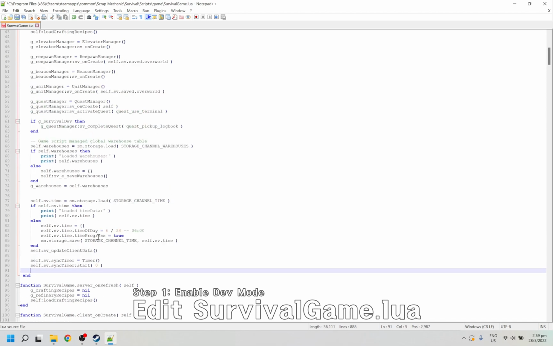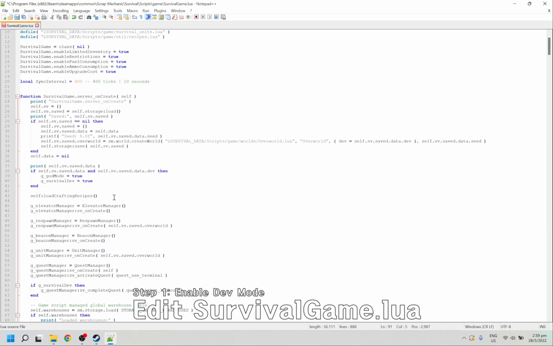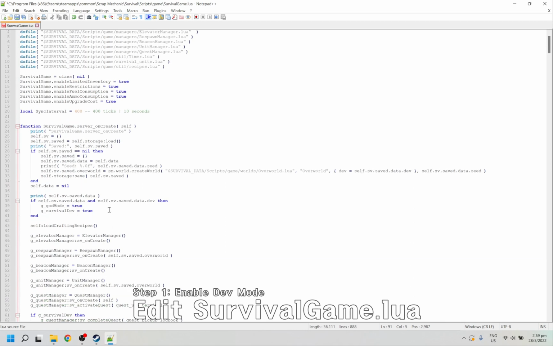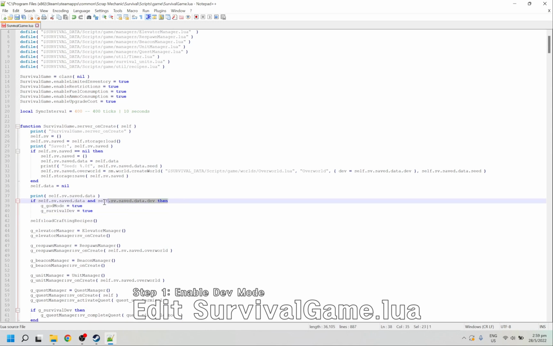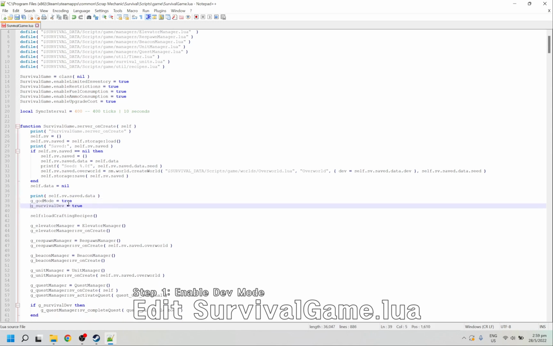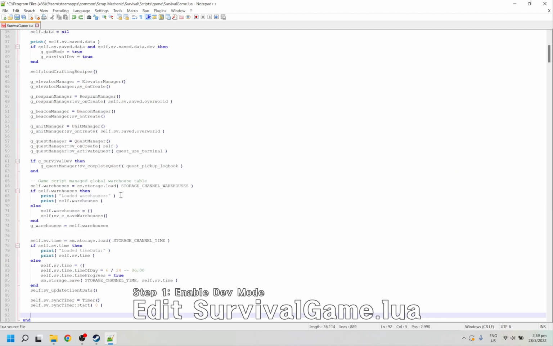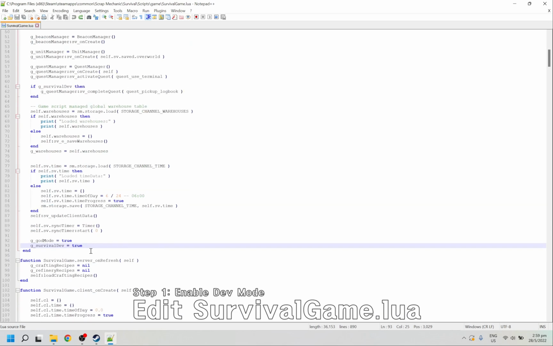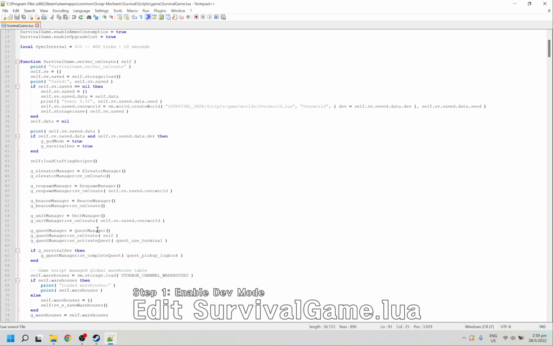By default, it should look like this. Okay, so I see some people just deleting these 2 lines to get the developer mode going. But we don't want to delete anything because you might want to reverse it. So I suggest you just type these 2 lines at the end of the function, which is the same as